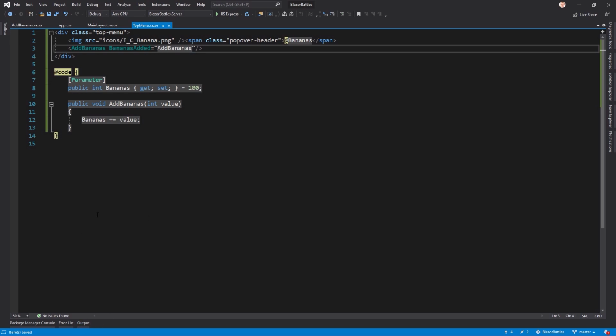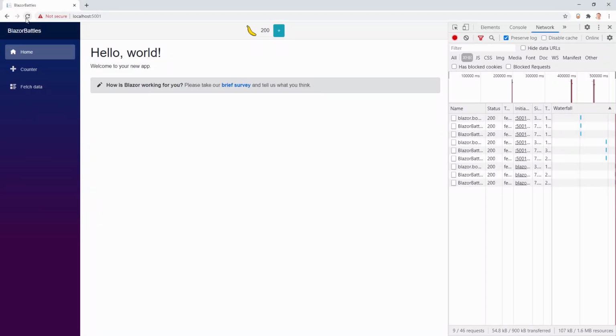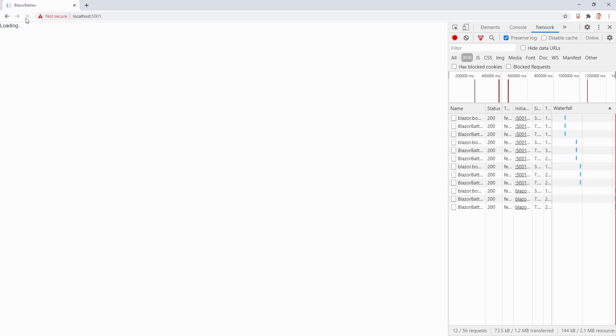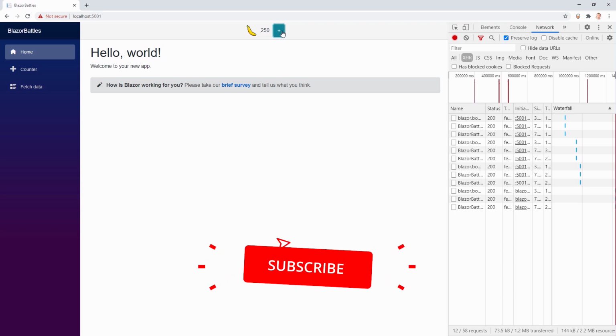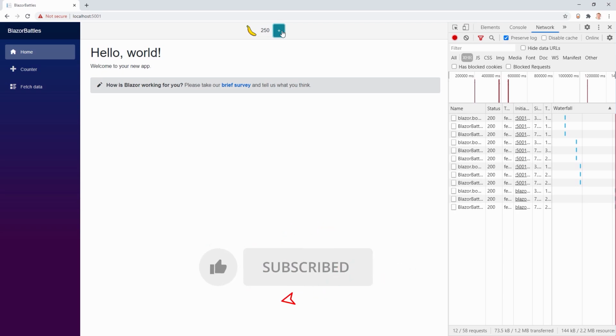Now let's have a look. We go back to Chrome. We reload the page. And now we just add some bananas. And you see this works just fine. Great. Now, before we have a look at the third way of communication between components, let's create a new page first,